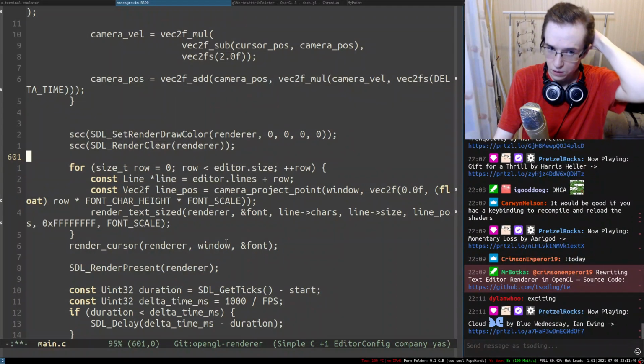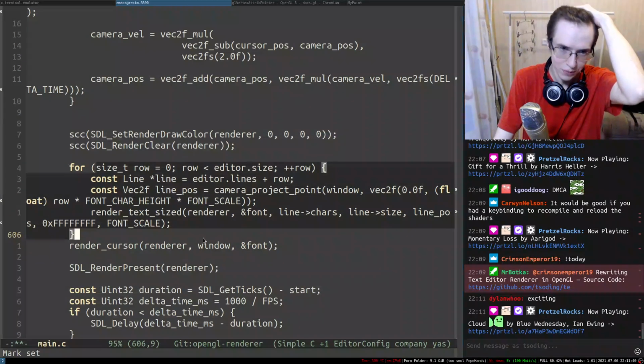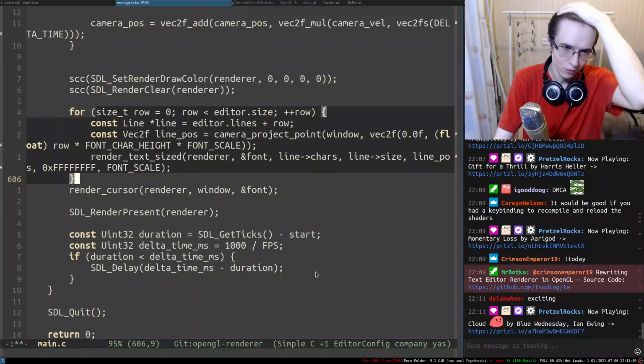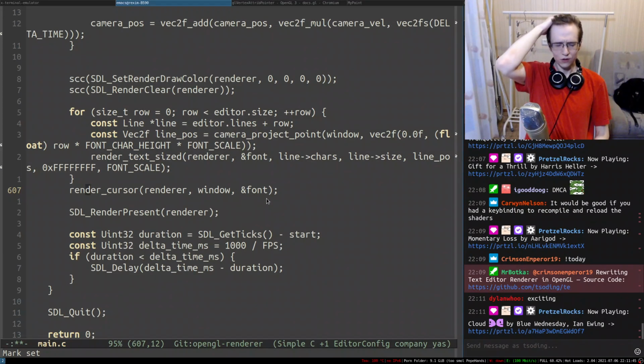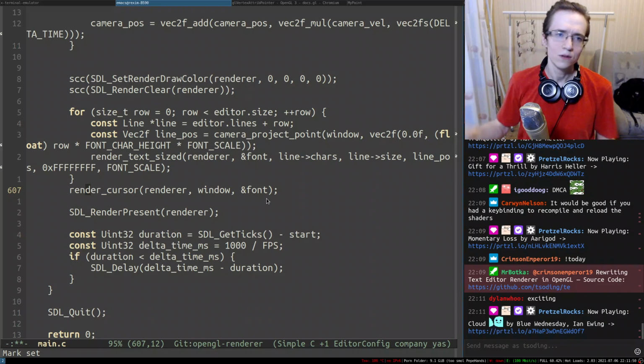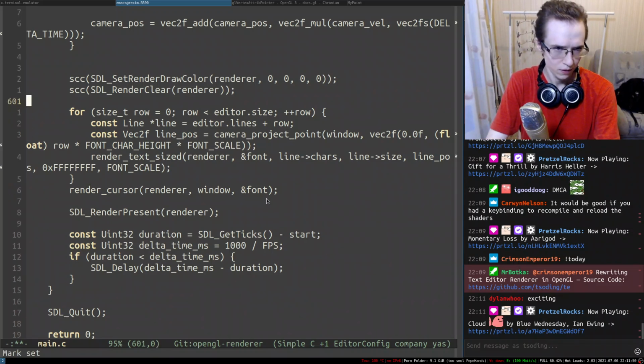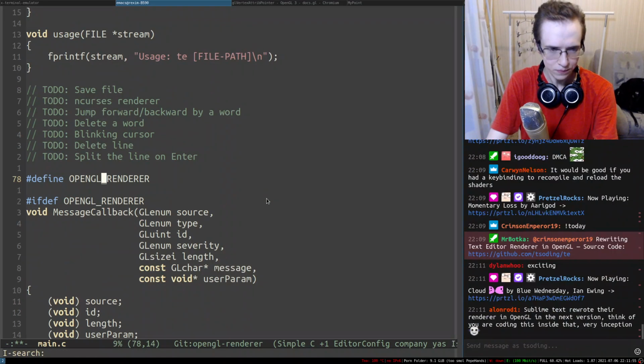Now we need to render the main text, right? So we are rendering the main text, and then we need to render the cursor. And the way we're going to render the cursor is rather interesting. So maybe we're going to do that a little bit later. So OpenGL.